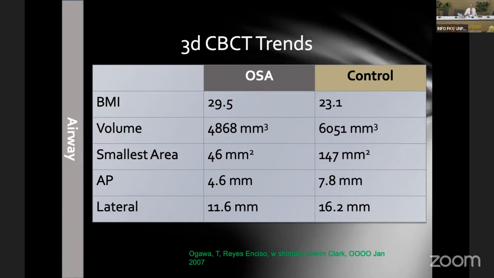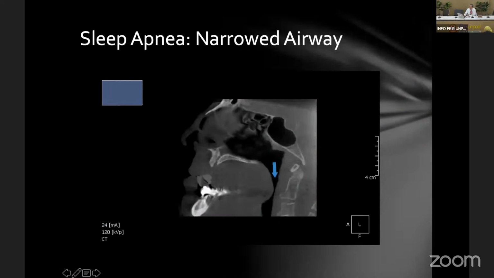But with cone beam CT, we cannot provide a definite diagnosis for obstructive sleep apnea. The reason is that when we take cone beam, the patient is standing or sitting, not really in a sleep condition. So we still rely on the medical diagnosis. But some of the dimensions can help us assess where the narrowing of the airway is, and that's the difference between normal and sleep apnea.